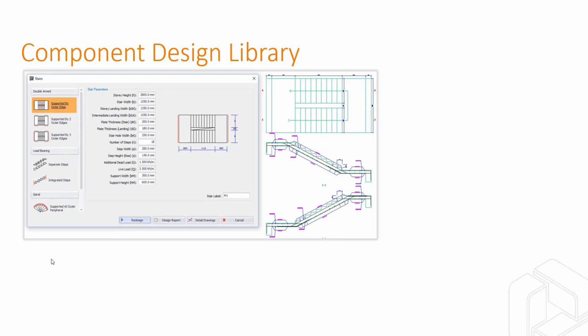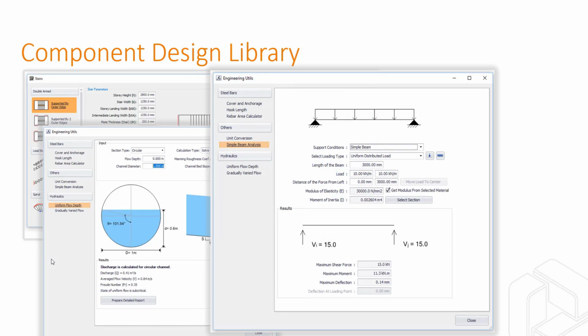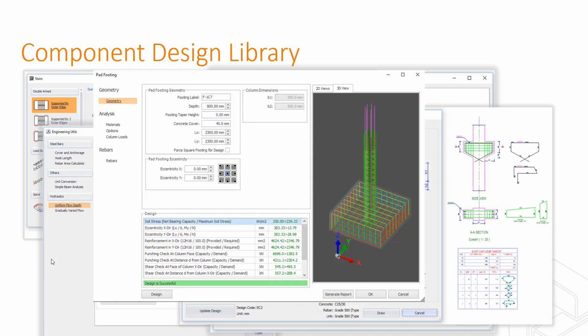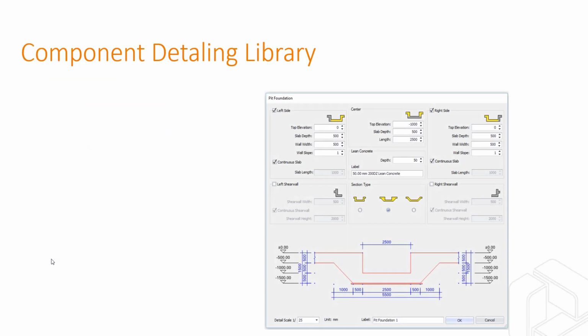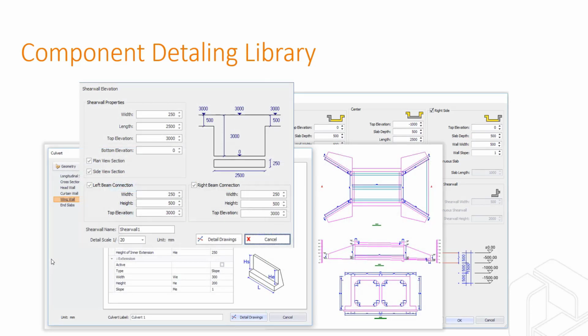And we have a growing component design library like stairs, engineering utilities, corbel design, and path footing. Actually, we didn't have time to go over this today, but we will make a new video to showcase this. This is a new path footing module which is available from ProtaStructure and ProtaDetails as well with the 2021 version. It's completely rewritten, and it's a lot more comprehensive now. And of course we have the pool macro, and with component detailing, I couldn't show them as well, but we have pit foundation, culvert, and